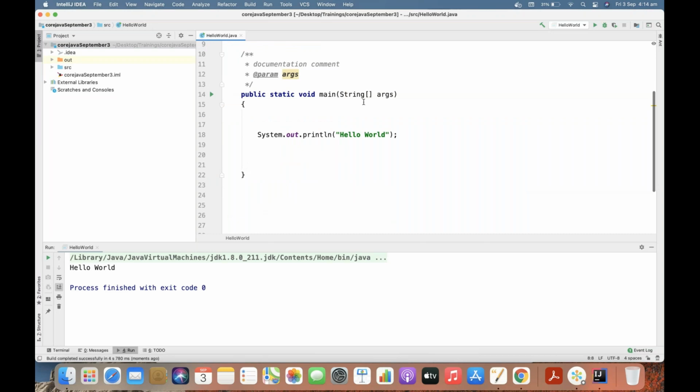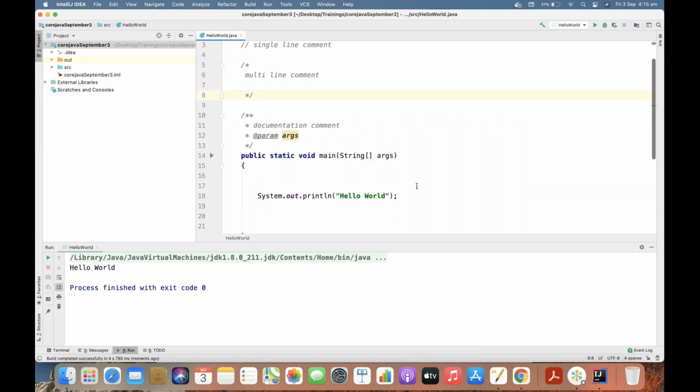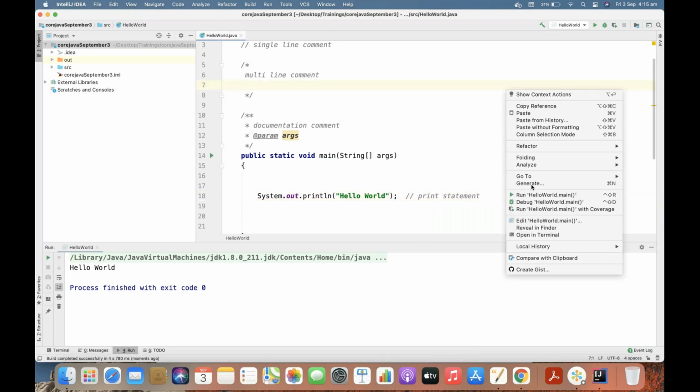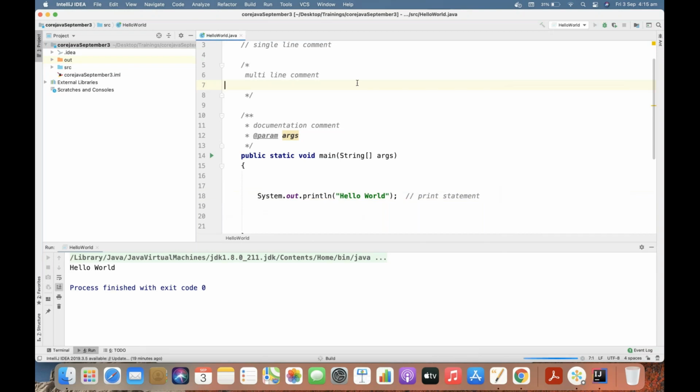Now, how will I use comments? For example, I want to tell someone what exactly this particular line of code is about. Then I can use this single line comment and say this is a print statement. You might have observed when I right click and run this program, do you see any of the comments here in the console?